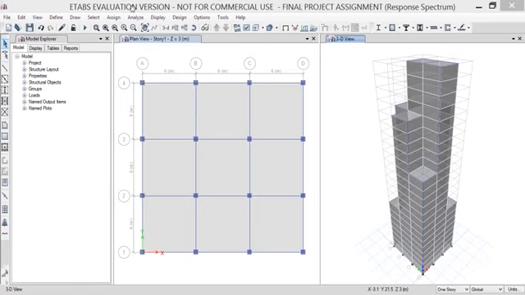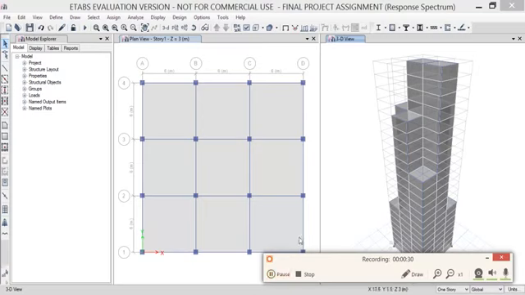Today I will be showing you my second assignment as a part of the Sky-Fi Lab workshop. In this video I will be showing you the analysis and design of a seismic resistant building, which is carried out by two processes. In this structure, I have defined the various material properties as well as the section properties. After defining the material and section properties, I have carried out the seismic analysis by two methods, that is the response spectrum analysis method and time history analysis method, after which we can study the design of the various members of the G+23 story structure.